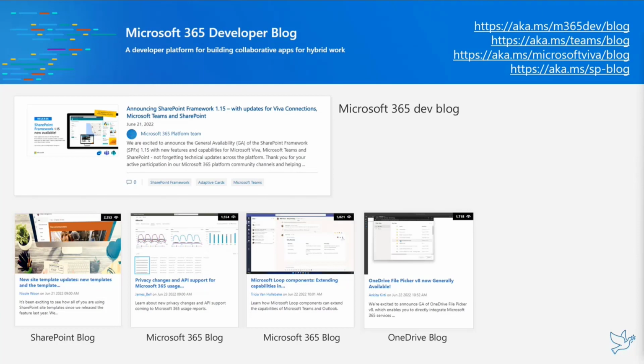And then the last blog post is on the OneDrive blog, which is not necessarily always covered in here, but there was a developer-related announcement there, which is the OneDrive file picker V8 now generally available. You can use the OneDrive file picker in your own web application to integrate, for example, picking a file from the OneDrive of the user. So basically, if you are looking at people uploading files from their OneDrive to your application, you would be able to use this OneDrive file picker for doing that. But that's all of the news this time.